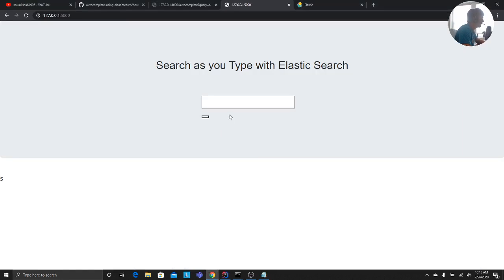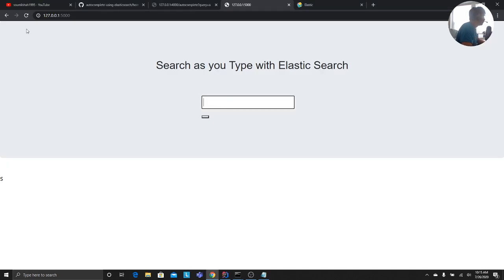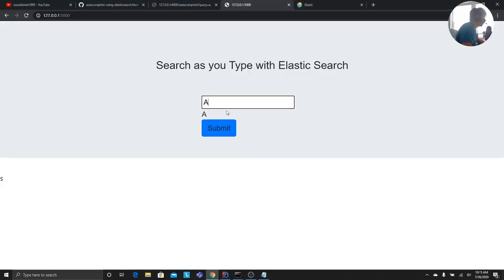So what I was trying to do is, when you press a button here, we store that value in session storage. So let's see, a tag. Let's see if I can do it here in the same video. So we can call btn primary submit. Okay, so refresh that. Perfect. Now I just need to place that button a little bit closer to here, because otherwise it's going to block this. So I want to put it right here.